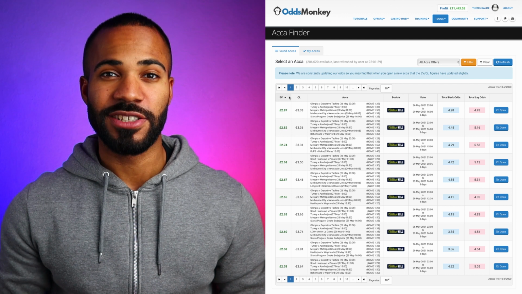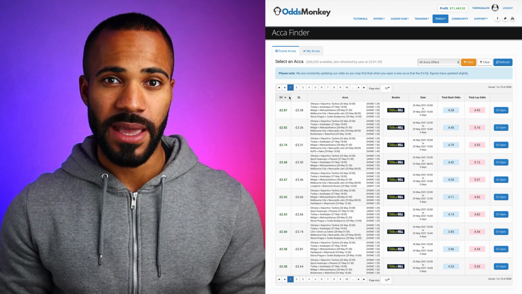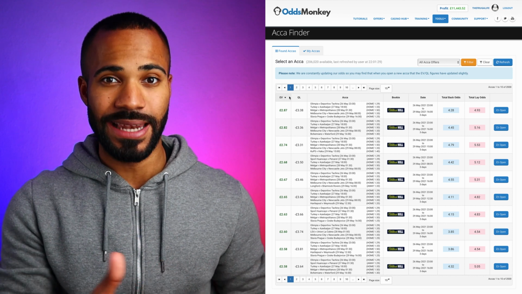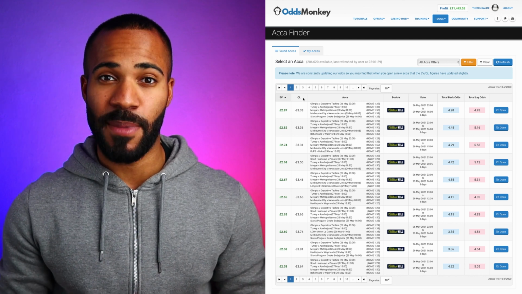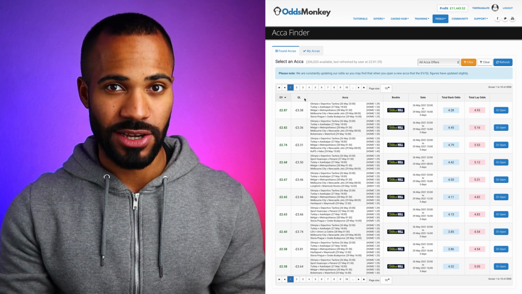Depending on the bookmaker, sometimes the expected value can be quite a healthy size, but a lot of the time it will be the same as the qualifying loss in the next column. This is going to tell us how much our qualifying loss is going to be in doing this ACCA with the odds at this current time.